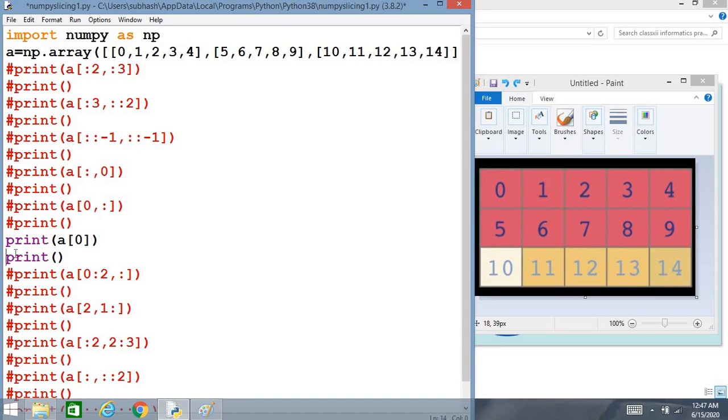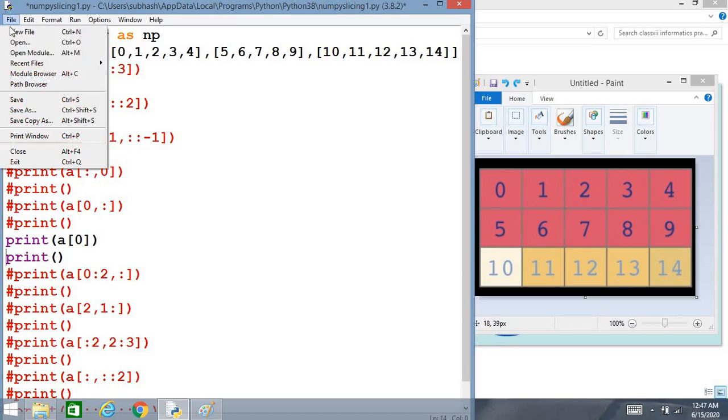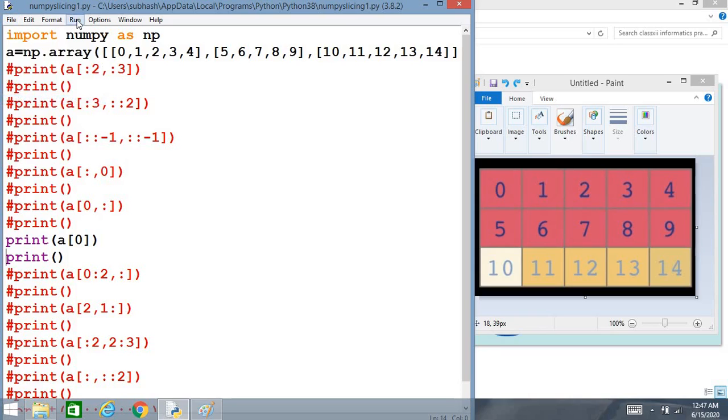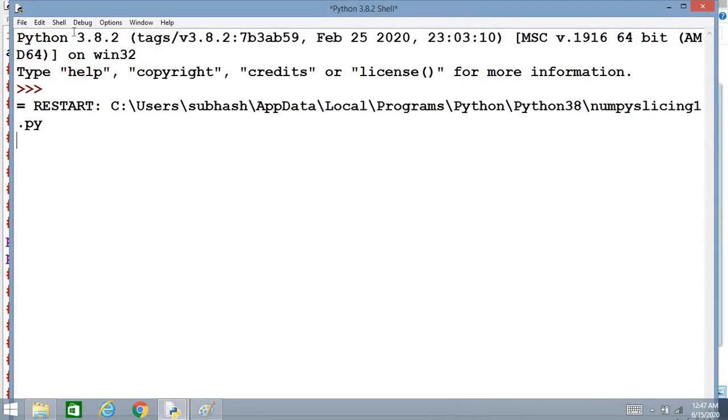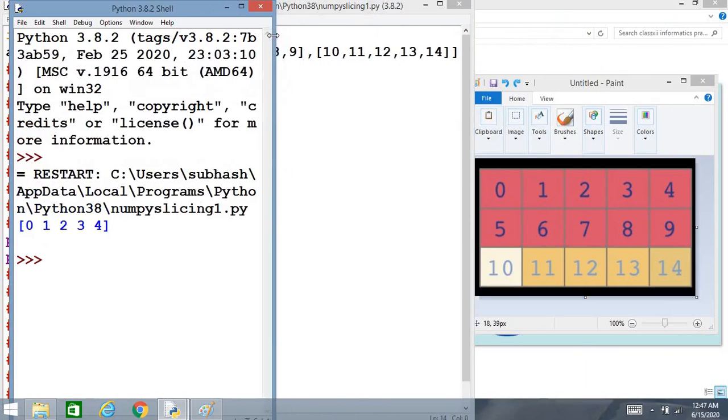So you will get the first row only. We'll check. File, save, run the program. So you will be getting the first row. So A of 0 will represent the first row. Understood?